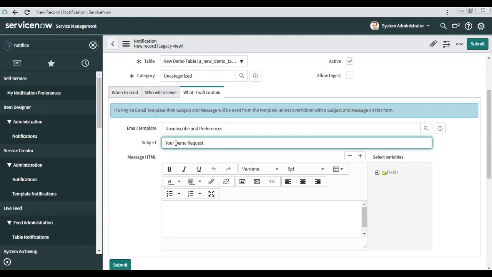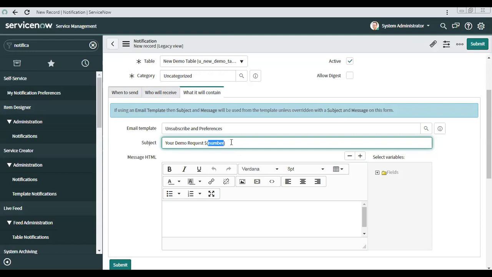Number is a field, right? So how can you access that? It should be dollar and then curly braces and then the field name. For number we have the field name as number. It should be the field's backend name, not the label which is displayed on the form. It will take it from that particular table, right?